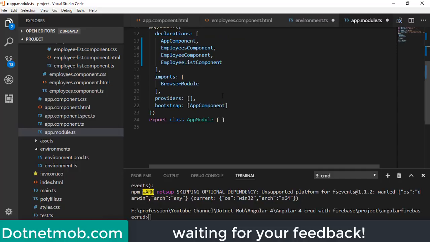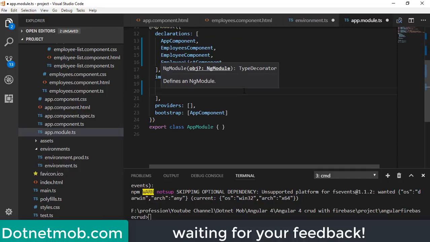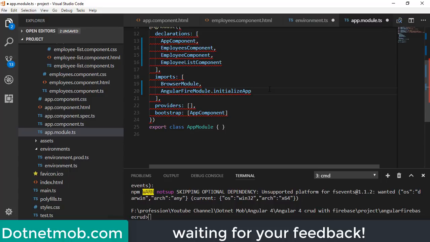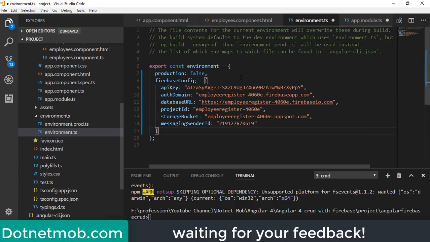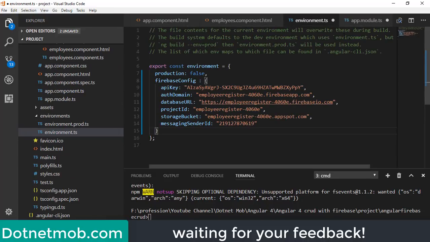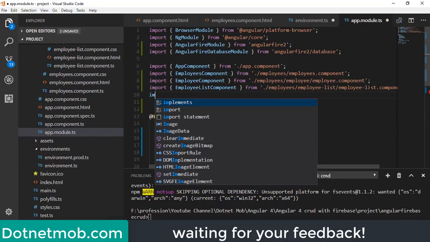For that, I will do this inside the imports array. We can initialize the Angular module like this: AngularFireModule.initialize. Now inside this parenthesis we have to pass this configuration. So I have to import this environment constant here. So I will do this import